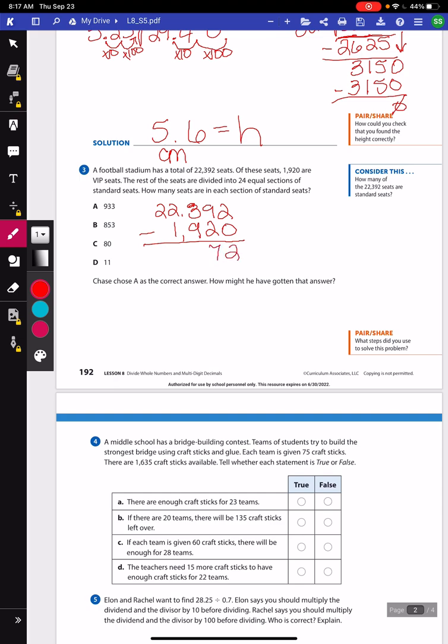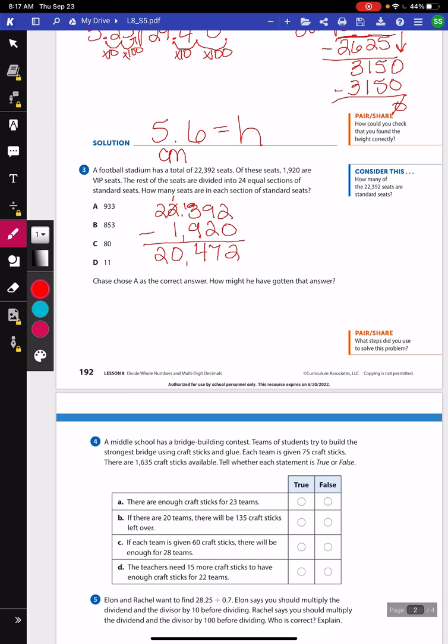3 minus 9, can't do it, so I got to go next door. My 2 becomes 1. My 3 becomes 13. 13 minus 9, 10, 11, 12, 13. That gives me 4. 1 minus 1 is 0, and 2 minus nothing is 2. So I get 20,472. So I'm not done yet because I have to find the rest of the seats are